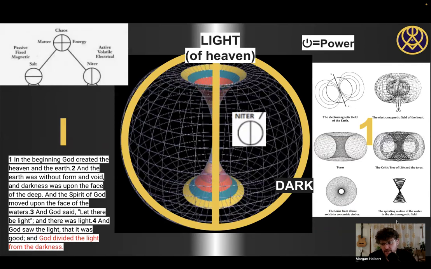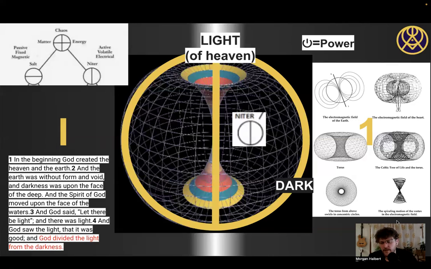And first off, many thanks to Ken Wheeler for his extensive talks on this. Look up Theoria Apophasis on YouTube to get more information on specifics here. But basically, the key thing to understand here is that from the electromagnetic field created by the heart to the Celtic tree of life symbol, this is a geometry that we find everywhere in the universe and at all scales, from atoms to galaxies.